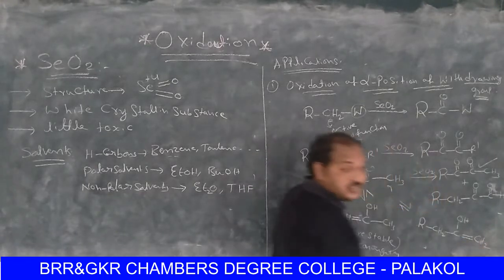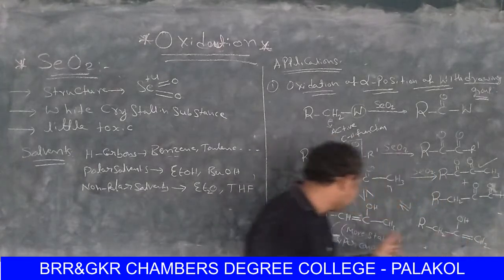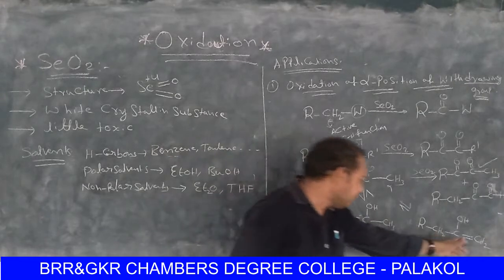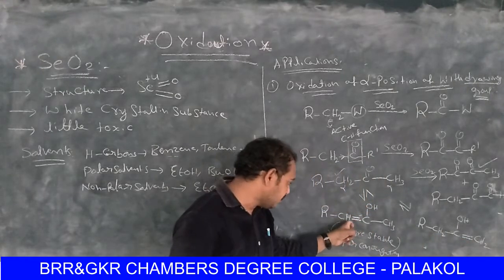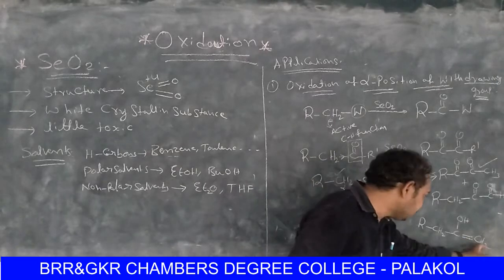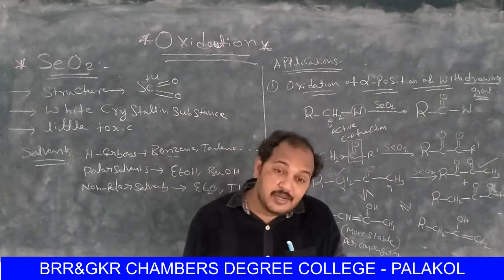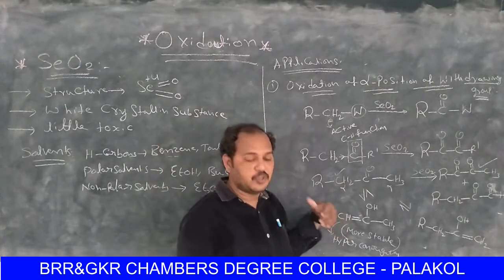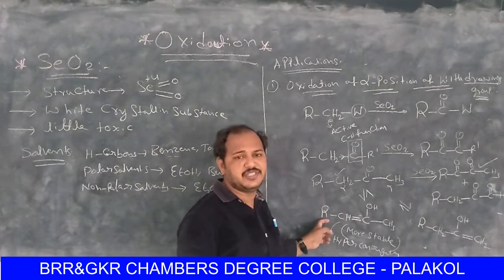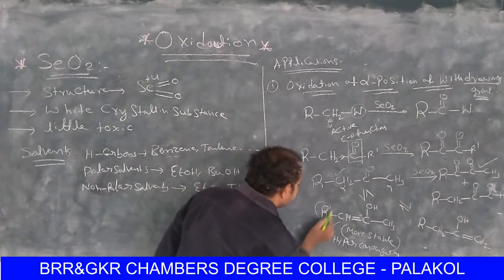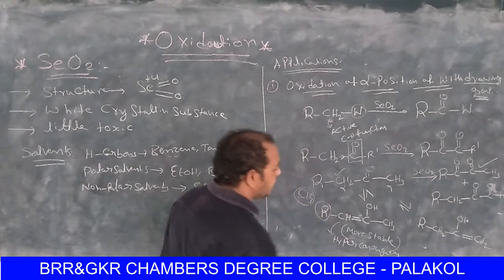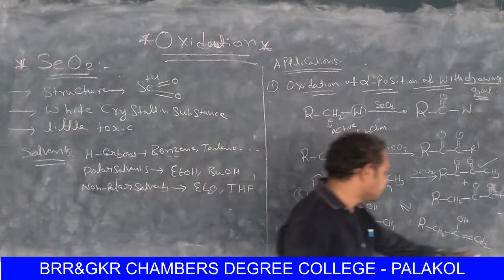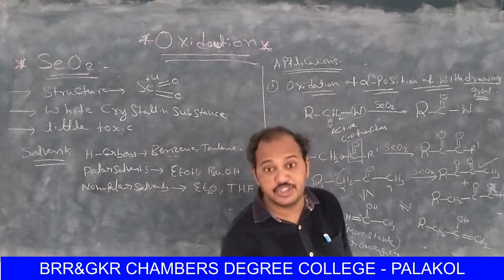So in this process, what is happening? Just clearly observe, right? Focus on these two double bonds here. This double bond is attached to just one hydrogen. This double bond is attached to two hydrogens here, right? Any double bond which has fewer hydrogen atoms has more substituents, which means here R means CH3. In place of R you can take CH3. So with CH3 you can write more and more hyperconjugated structures. But here with CH2 you can't write more and more hyperconjugated structures.